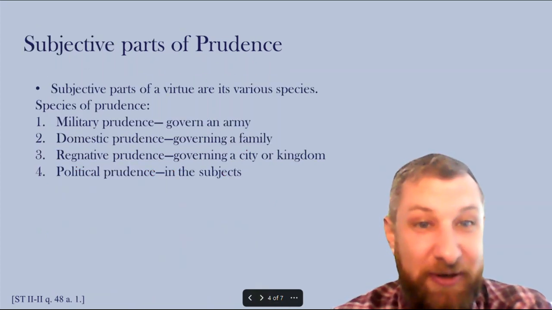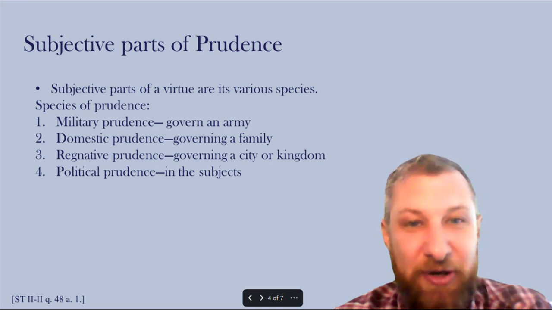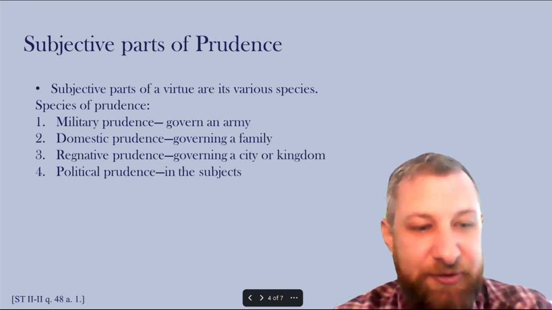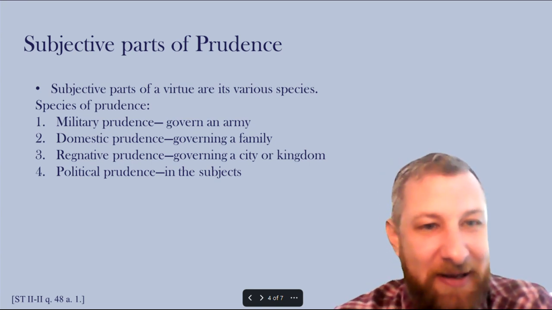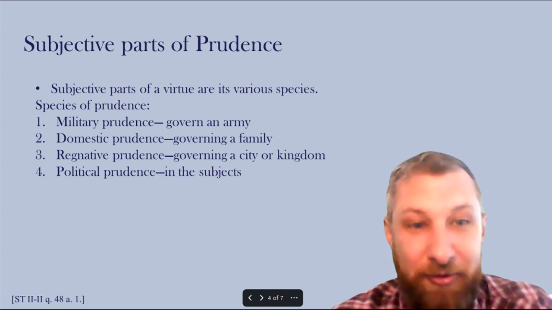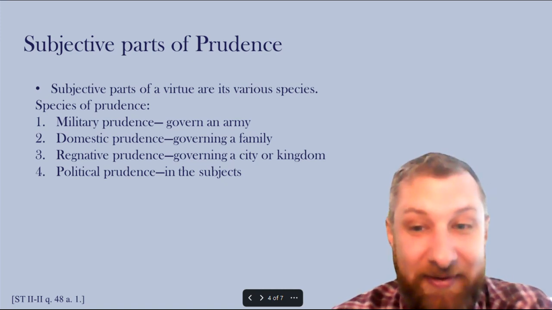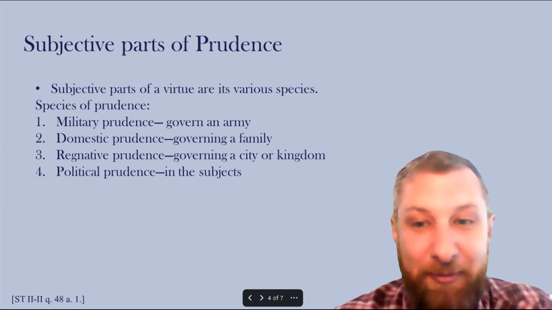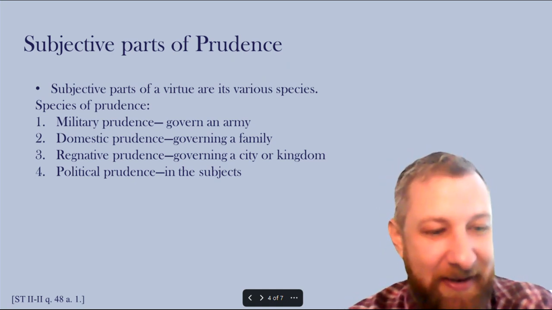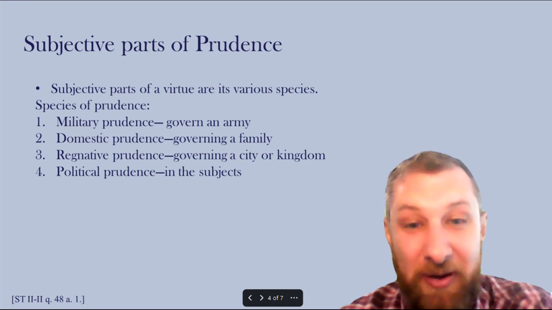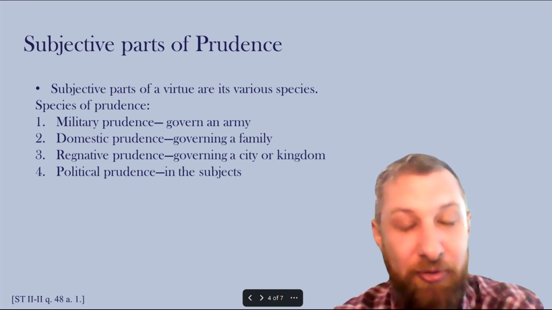Now, there are subjective parts of prudence, which are the species again, right? So each of these is truly prudence in and of itself in some way, right? Military prudence is prudence. Political prudence is prudence, just like an ox is an animal, a lion is an animal. They're not contingent upon one another, and they're not integral to one another. They don't build on one another. They are fully prudence, but